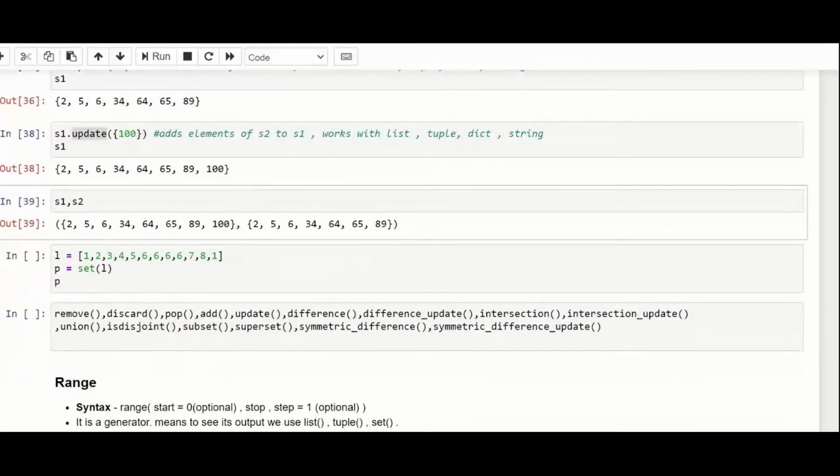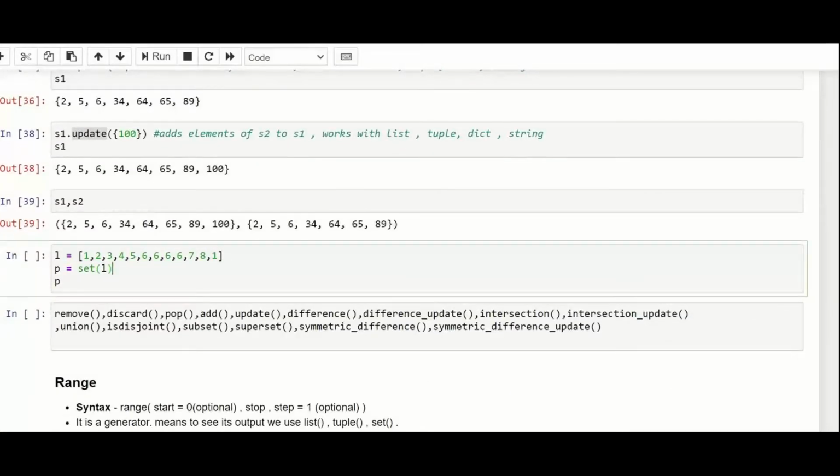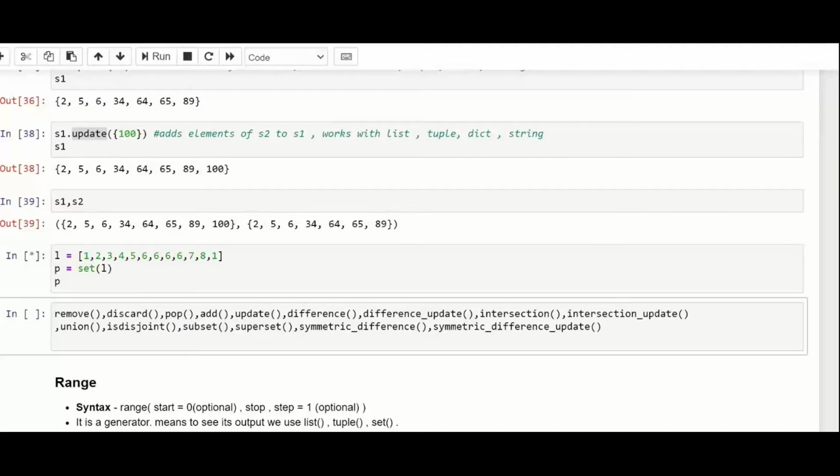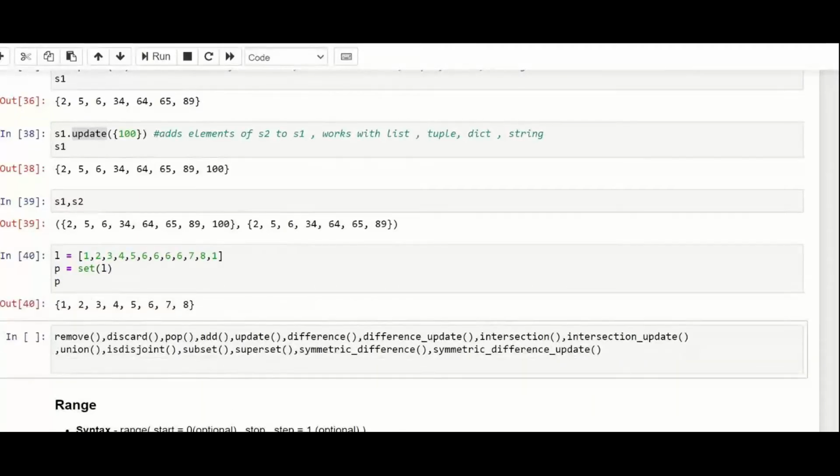Now, talking about the conversion of a list to a set, or converting a list into a set. This is how we convert. We do have the values 1, 2, 3, 4, 5, 6, 6, 6, 7, 8, 1, and this is the set for the same. So what we will do is we have the list in the variable L. We will simply write set and bracket the L, and we are saving it into P. When I run this one, this is the output I'm getting.